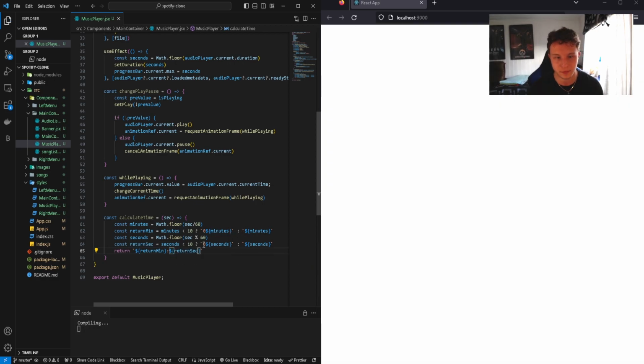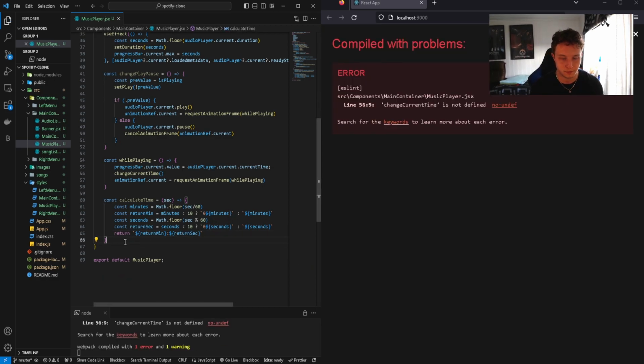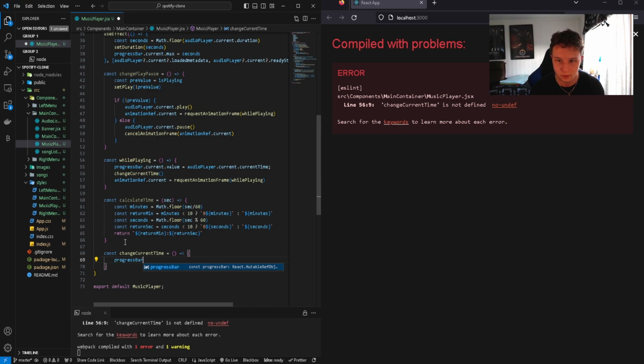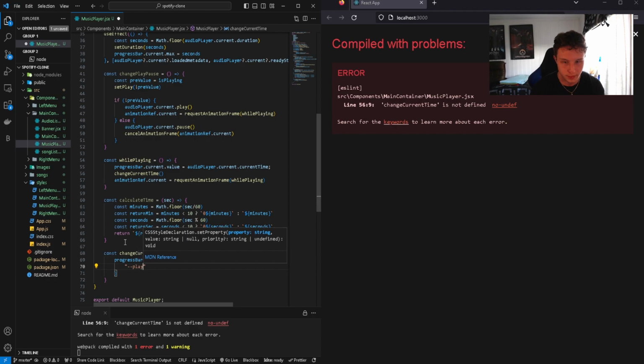Return seconds. Okay, let's create another function, which is going to be change current time, which is going to be an arrow function that's going to take in progress bar dot current dot style dot set property and this is gonna be played with and it's gonna take in a parameter as a string, so it's gonna be